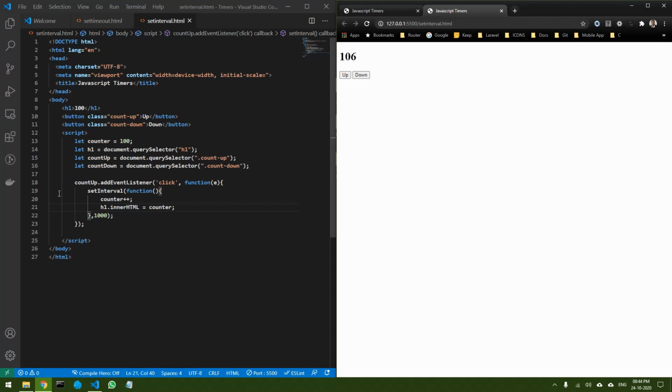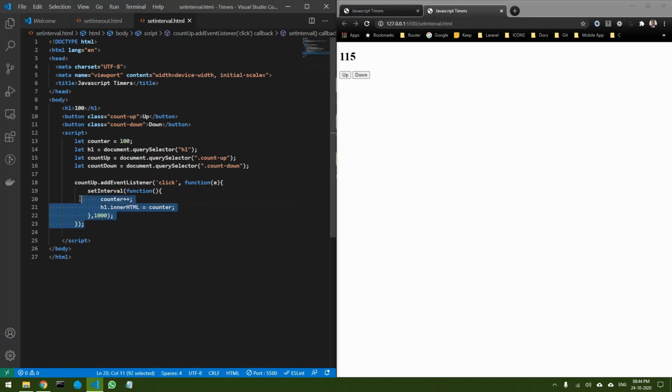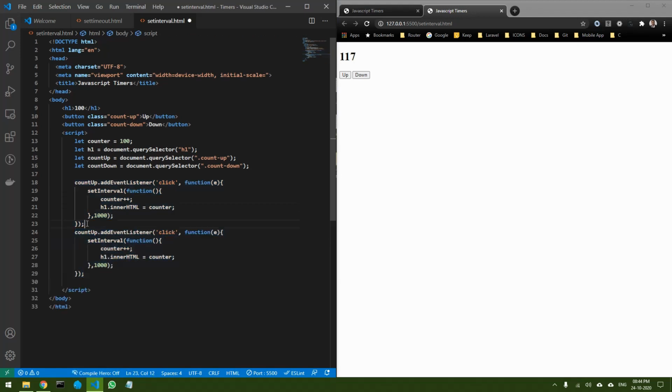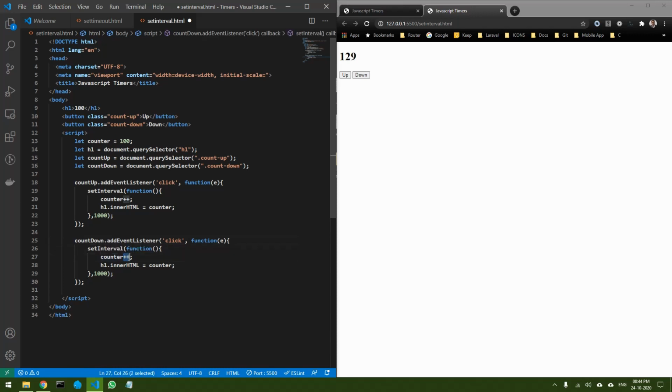Now let's see how I can do a down counter. For the down counter, again this code is going to repeat. Let's see what changes there will be. Let's use countdown over here, event listener, setInterval, and the counter should be decrementing downwards, and the rest of the code remains the same.